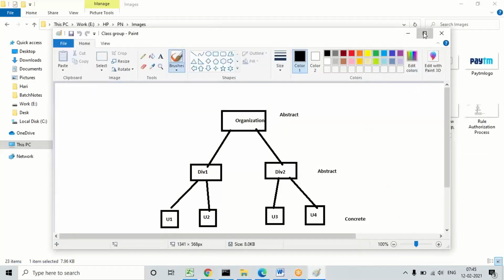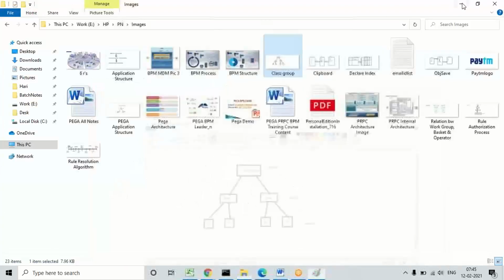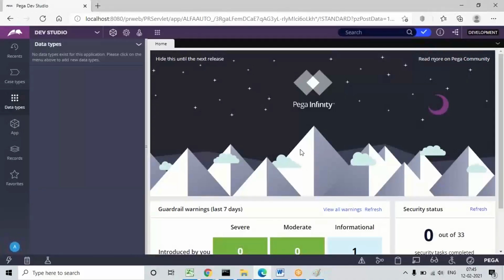So if you open this one, see, if you create in organization level, what I said, in all divisions we can reuse, right? That's why if you are creating any tables in the organization data layer, in all the divisions we can reuse the data. But if you create at the division level, we can reuse it only in that particular application. So that all depends upon the requirement. But most of the time when you're creating these tables in an application, we are going to define at organization level.